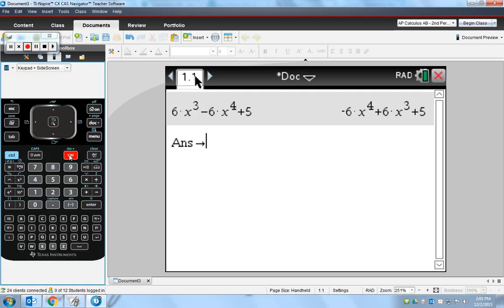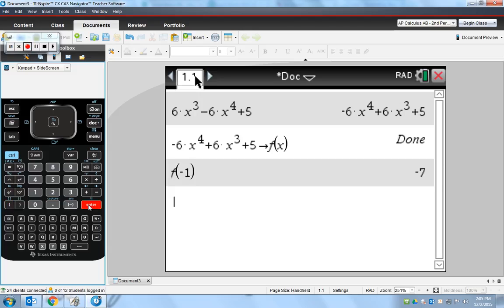Control vars, where that store blue writing is, and I'm going to store it as f of x. And you're going to notice when you now put f, it's going to be bold, because it's already stored as a function. And I can put, all right, f of, what do we have? f of negative 1 is that. F of 0 is that. F of 3/4